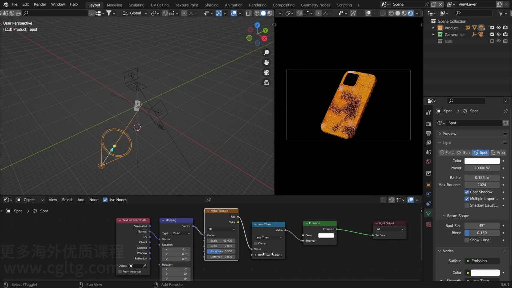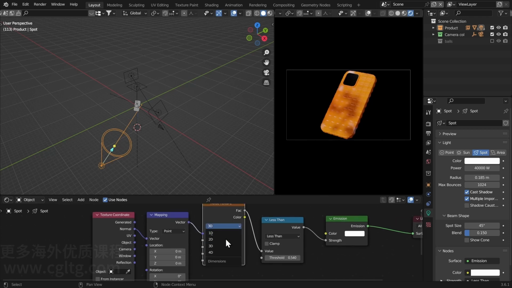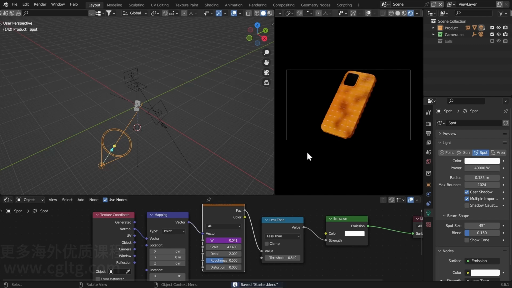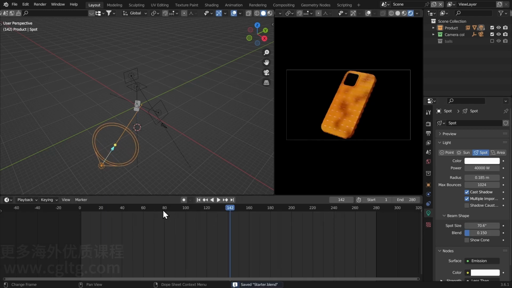And I'm going to give it some lower threshold. Make it 40, and in the W, type hash frame divided by 3000 or 3500. It will control the speed and it will animate the values. So based on what you like, you can animate that. Now that's good. Let's bring up the spot size a little bit. I need more size here. If I go back,